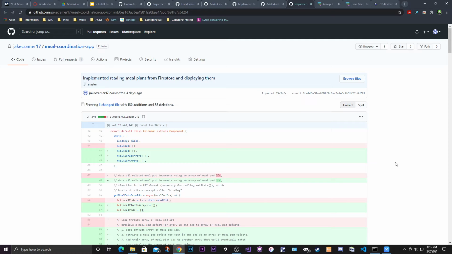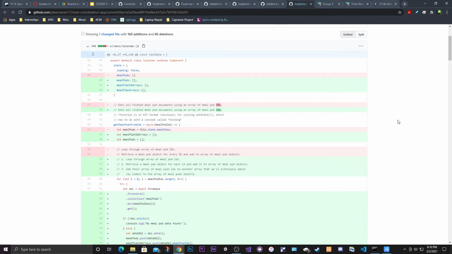plans inside of them. So what I had to do is create an array of meal plan arrays, or meal plan ID arrays, where each entry represents the meal plans that are inside of the meal pod of that same array index. So if meal pod 1 was in index 0, then the meal plans of meal pod 1 would be in index 0 of the meal plan array. That's really confusing, but